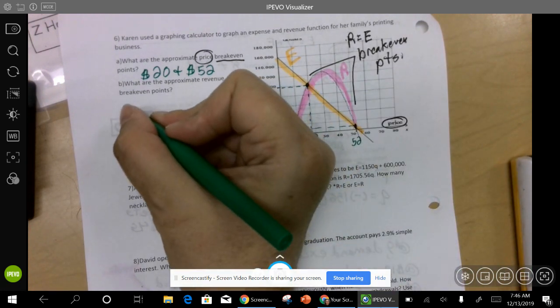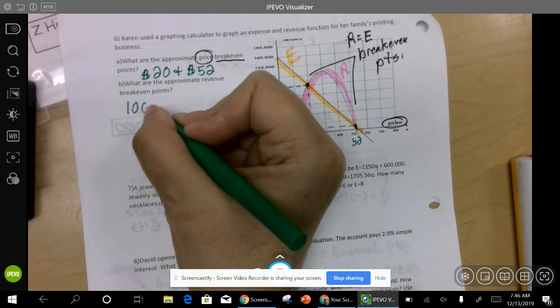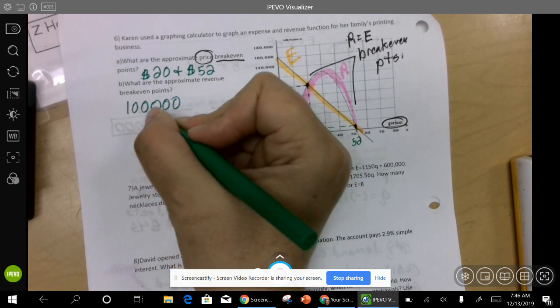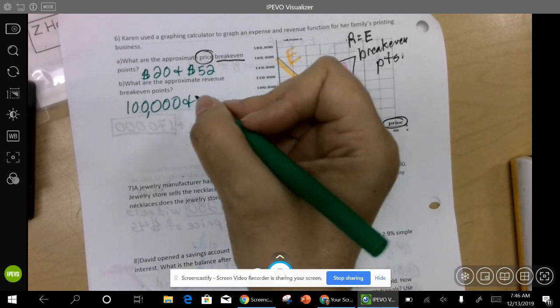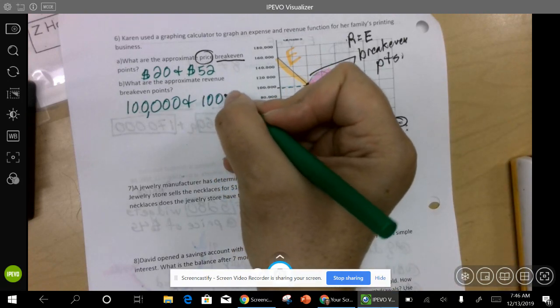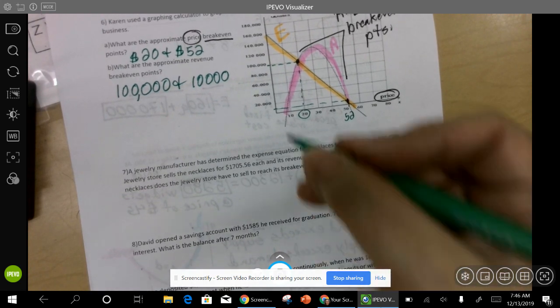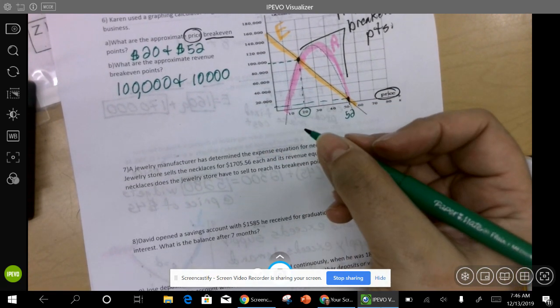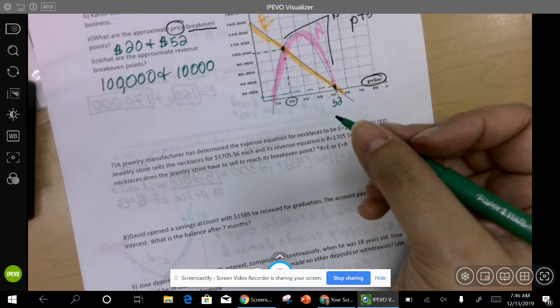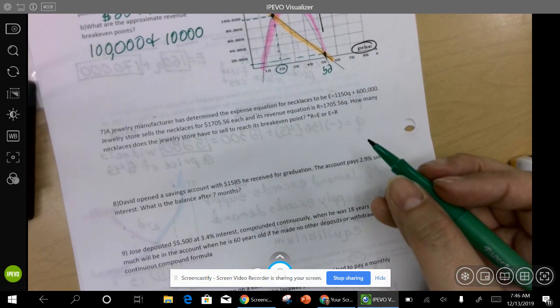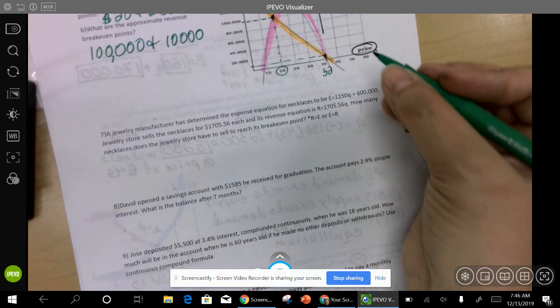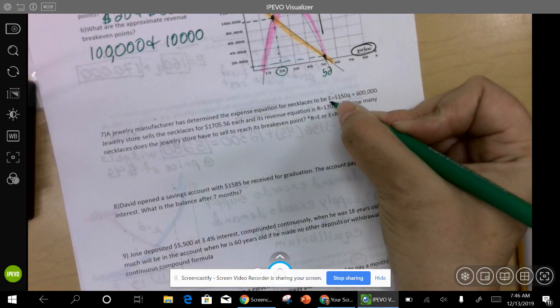Okay, and it looks like it's about 100,000. Okay, and about 10,000, okay, for the revenues. Okay, that is on this axis, the y-axis. Okay, so this one: a jewelry manufacturer determines the expense function for each necklace to be, so this is our expense